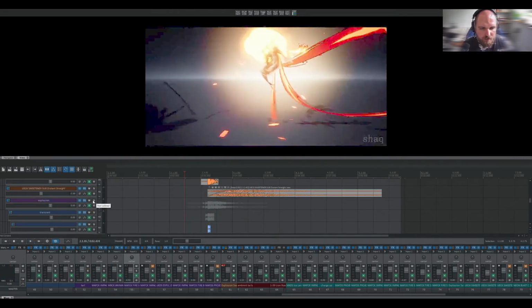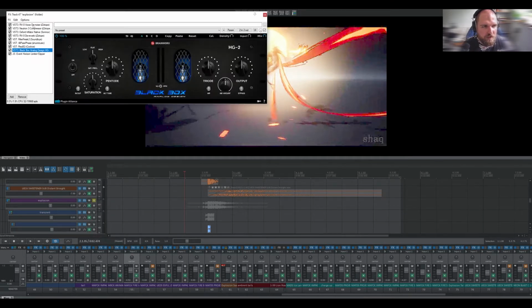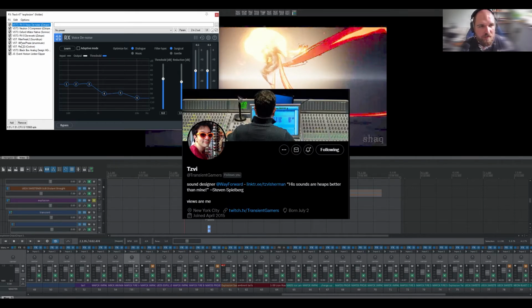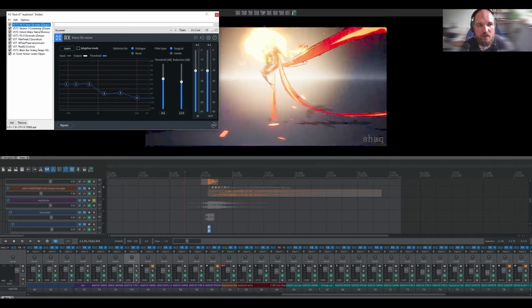And then there is an interesting chain that we have here on the main bus of the explosion. Sound designer Zvi Sherman shared this chain quite recently, and I recommend watching that video. But just briefly, I'll go through some bits that I used here. So there's denoise to